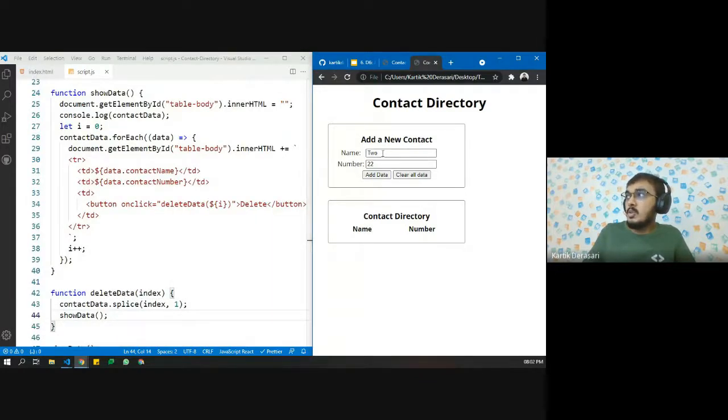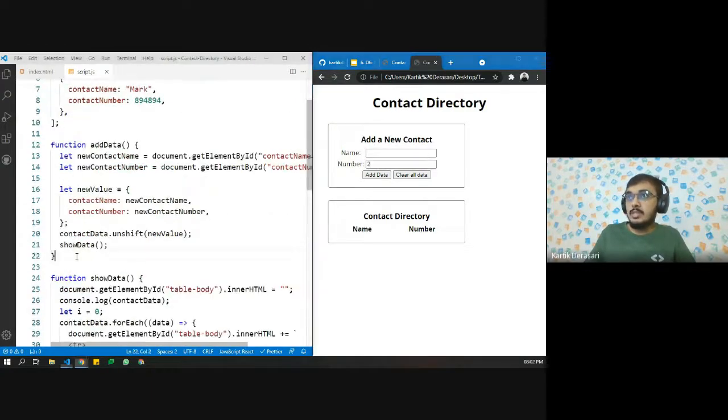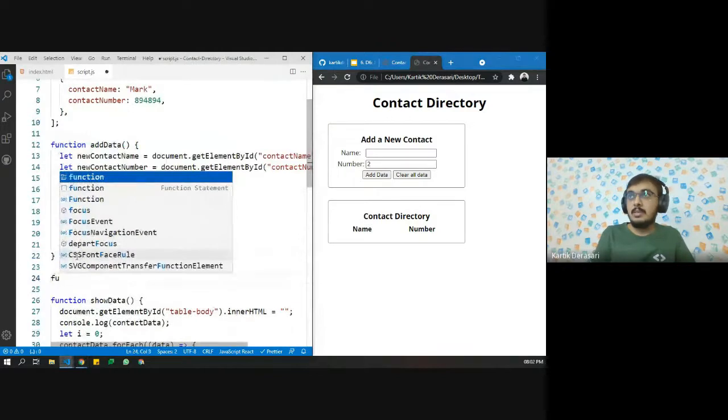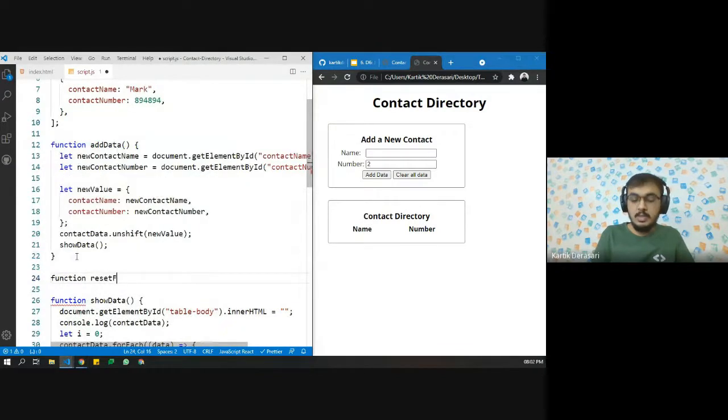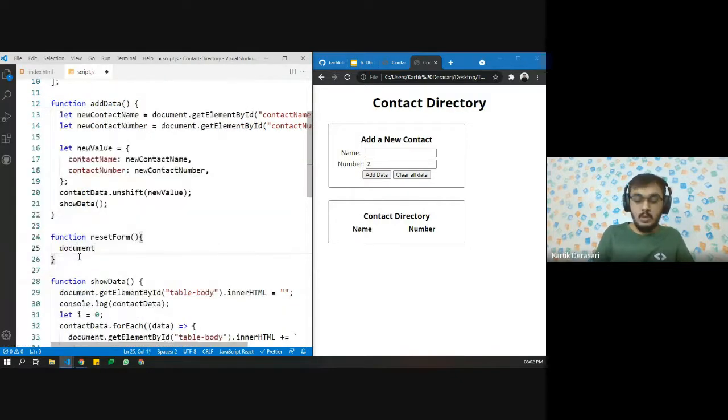Now whenever we want to input different values, we want this to be empty, right? We don't want to remove it this way. So we will create a function, let's say function resetForm. We will simply get document.getElementById.